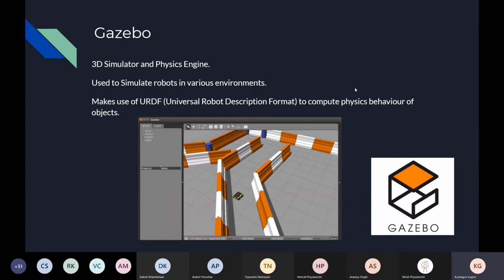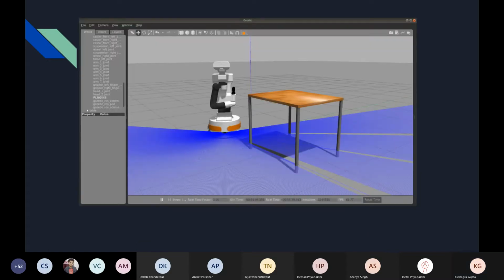I don't know if your MCP 101 happened online or not. For 3D printing, if you were in the IIT, you would have had a lecture on how 3D printing happens, and they would also have 3D printed something there. The format in which information is put as to how that 3D printing will happen is called STL, Standard Tessellation Language, or Standard Triangulation Language. And that STL format is also used in Gazebo, because at the end of the day you're simulating 3D bodies, right? It's just like a picture of Gazebo again.